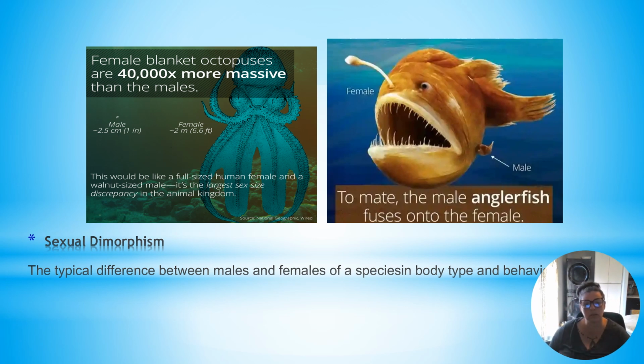They're about 40 times larger than the male. They're so much bigger than the male octopus that for many, many years, scientists actually couldn't find the male blanket octopus, and they thought that there essentially were not any male blanket octopus, and that's because the males are about the size of your pinky nail, whereas the females are 2 to 3 centimeters long. They're huge. And if you ever get to see one in real life, they're absolutely beautiful animals because they have this iridescent quality to them.